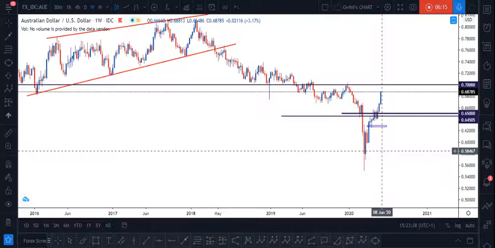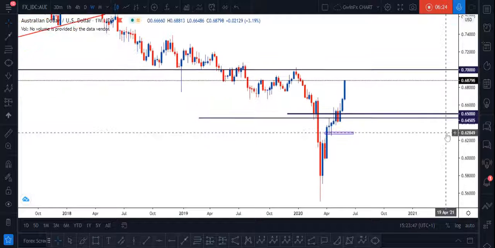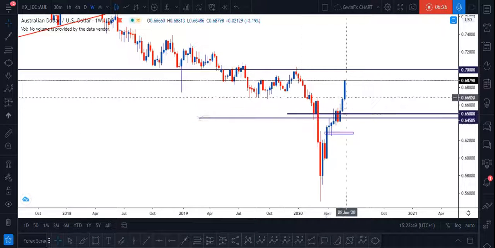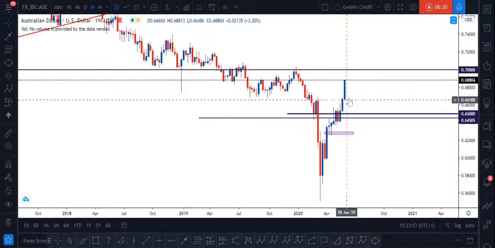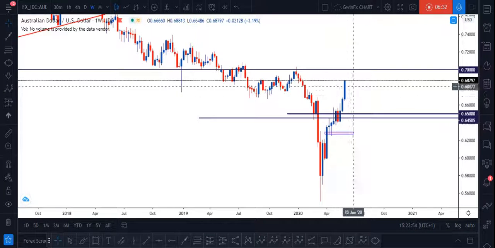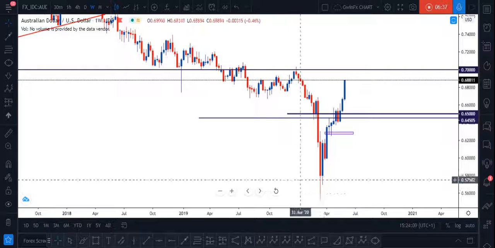So what do I want to see? I want to see a reversal pattern. Some sort, no matter how small, I want to see a reversal pattern that can actually give me a go on this pair. But at the moment, everything looks bullish. And looking at this pair alone from the weekly time frame, if the week could end with such great strength in terms of momentum, I would say that the end is near for this pair,